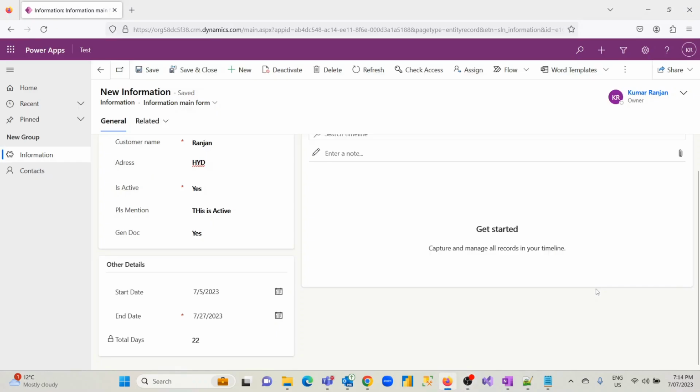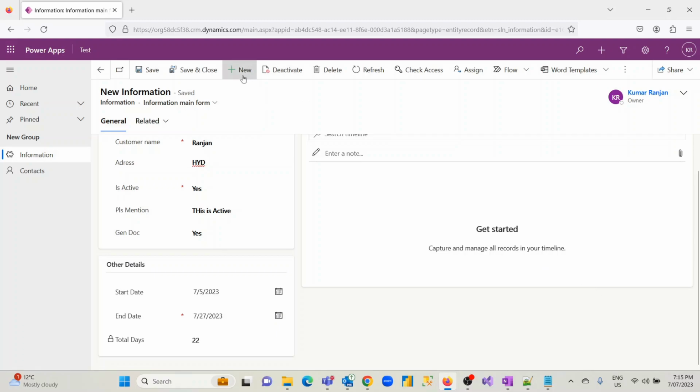Hello everybody. So today I will be covering a very important topic in Power Apps: how to generate a document from your Power App and send it to the end user. Let's take a business use case where I am working for an insurance industry and I create a new user. Now I want to send the user the policy document directly in his email box by clicking